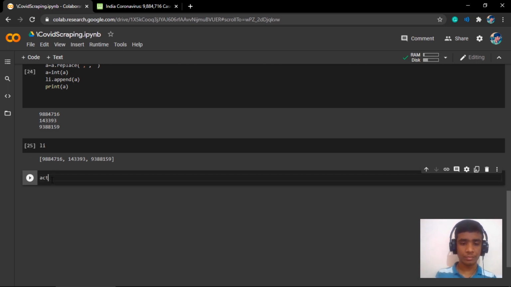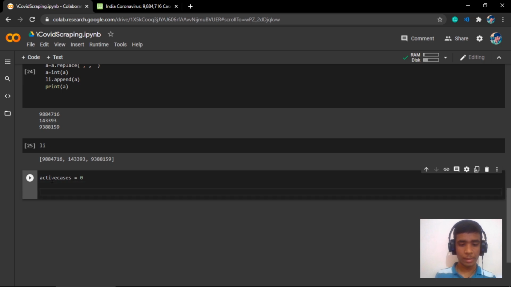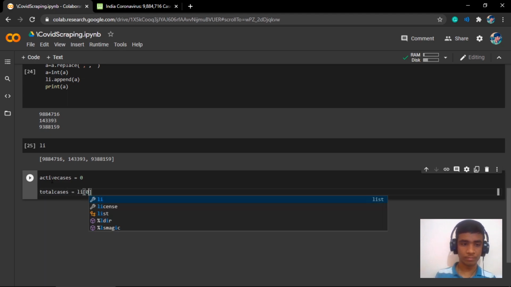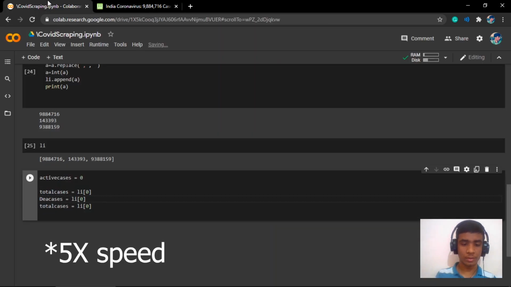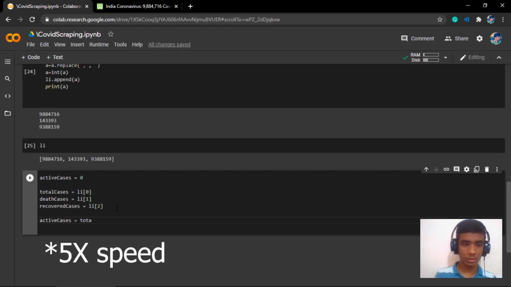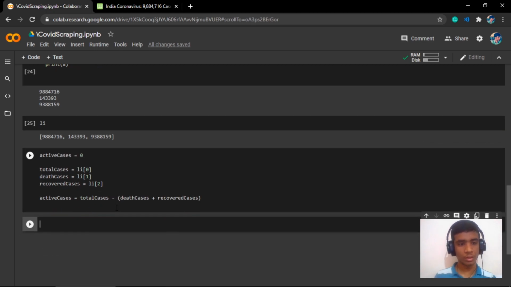So let's do the labeling. Active cases is equal to, we don't know what active cases is. Let's hope that someday the active cases will be zero, and total cases are li of 0. Now we have everything here, we have all the cases.